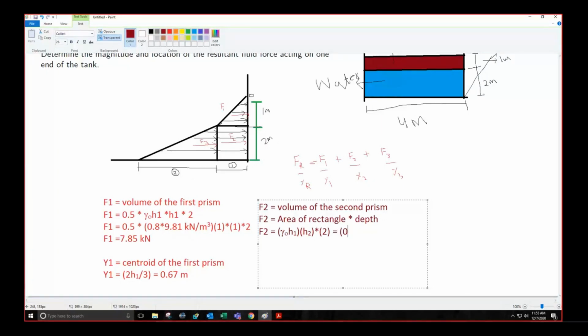So gamma of oil is 0.8 into gamma of water, which is 9.81 into H1, which is 1, multiply by H2, which is 2, multiply by the depth. So F2 equals to 0.8 multiply by 9.81 into 2 into 2, 31.4 kilonewtons. ठीक है, 31.4 kilonewtons. And the location of Y2 is